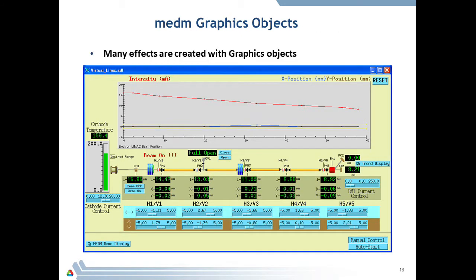Okay, here's an example of the virtual LINAC display, and this is a display that we use to run the virtual LINAC, which is a demonstration model of how the LINAC will work for people who are visiting APS. We want to show them how it works. And so we've got sliders, we've got text, and we also have